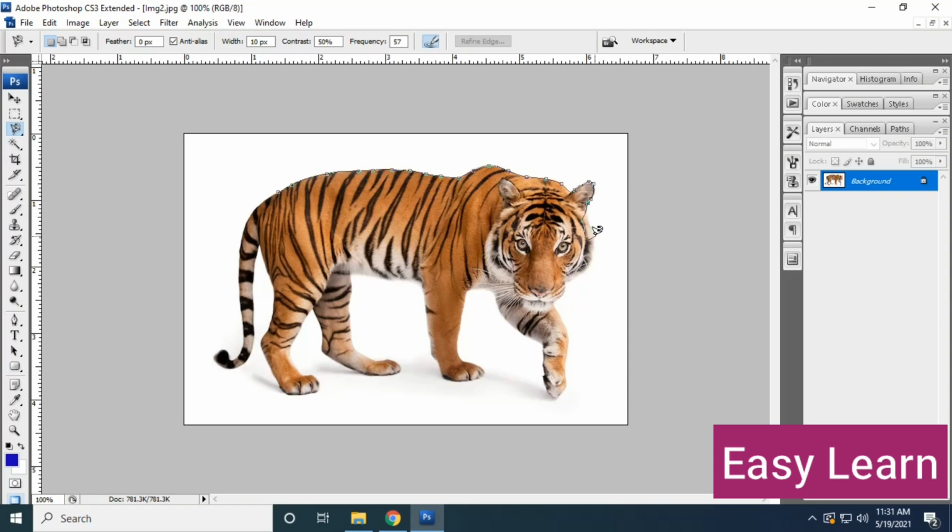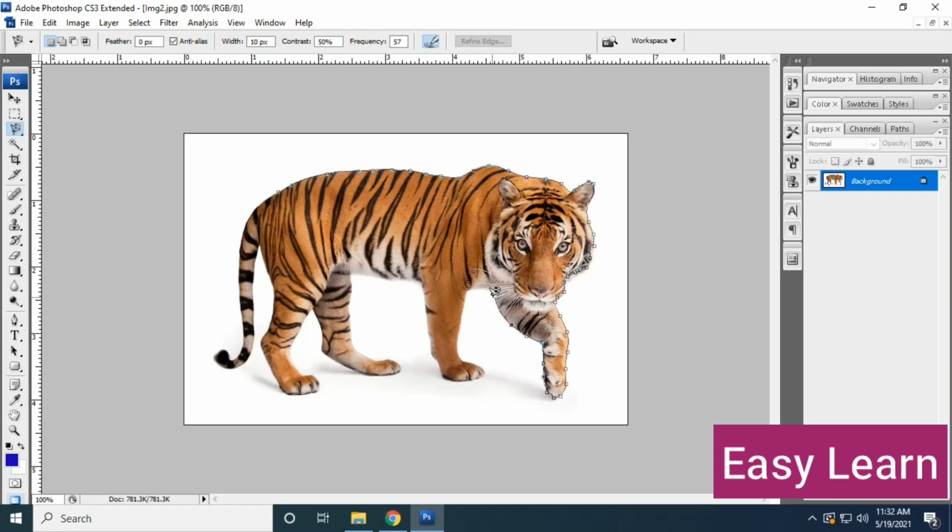I'm just moving the cursor. Here the white is slightly mixed with the beard, so I'm just clicking manually. Otherwise, I can move the cursor over the high contrast image or contrasted color. I'm just moving the cursor. Wherever it is required, I click and select that particular position alone. Otherwise, I just move the cursor. Based on the color pattern, it will recognize the color.